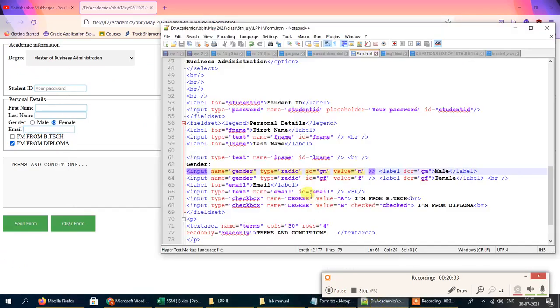Okay, just wait a minute. Okay, so this is the text box for entering the email. Okay, so after that we have finished up to email, and now under the personal details